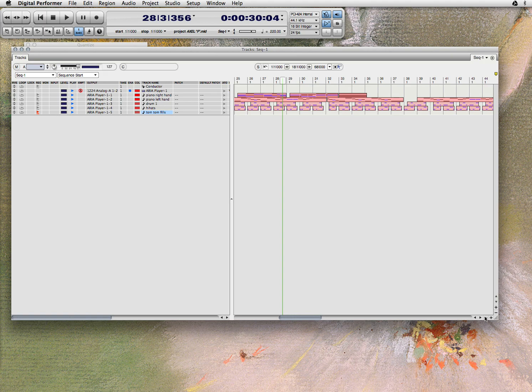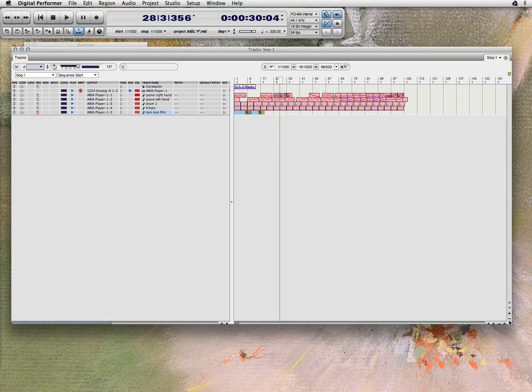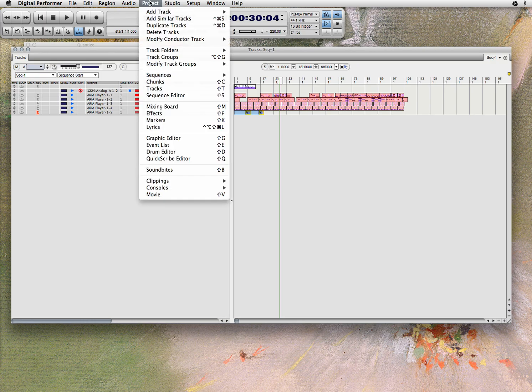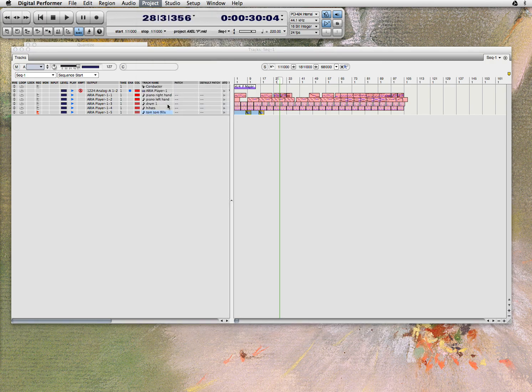Now our goal is to get this to a file, mix it, put it to an MP3 file. So what we want to do is make sure our balances are correct. We're going to come up to Project and open the mixing board, which is Shift M, but I'm going to just pull it up under the project. And the mixing board